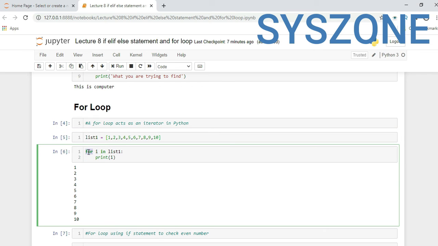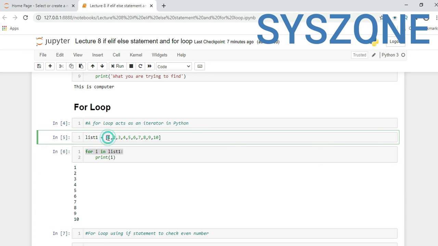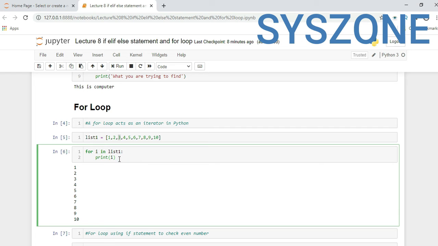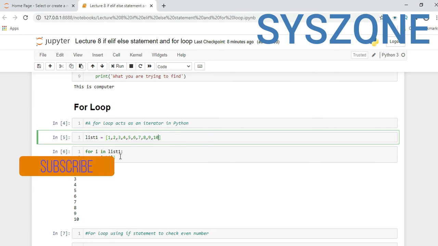So this is the syntax of for loop. For i, you can take any dummy variable, in, we saw the in operator earlier, and list1. What this line of code will do is pick a value one by one. First time it will pick 1, second time 2, third time 3, like that, and it will print until the last value.